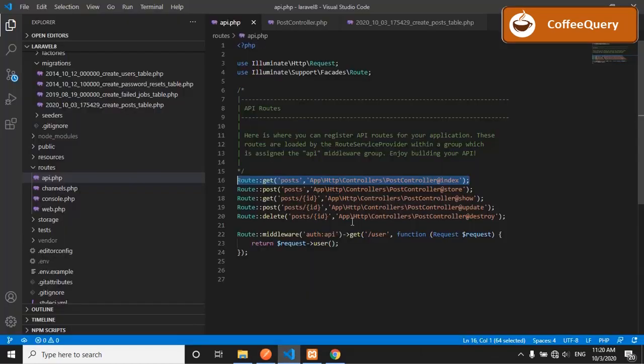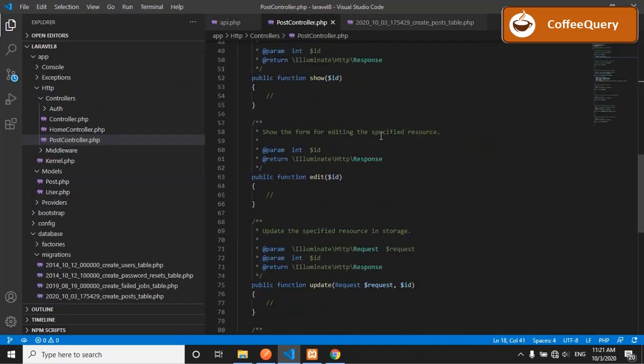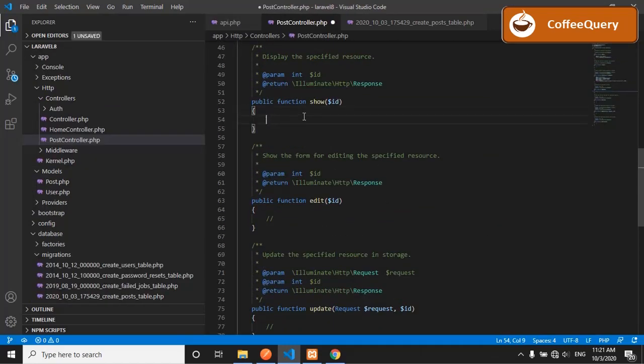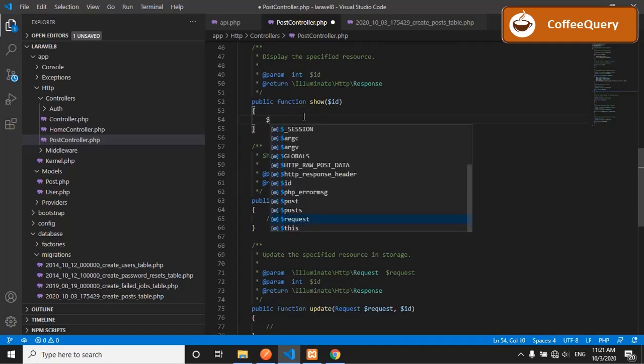This route will be pointing to this route, post with an ID, to the post controller show method, and